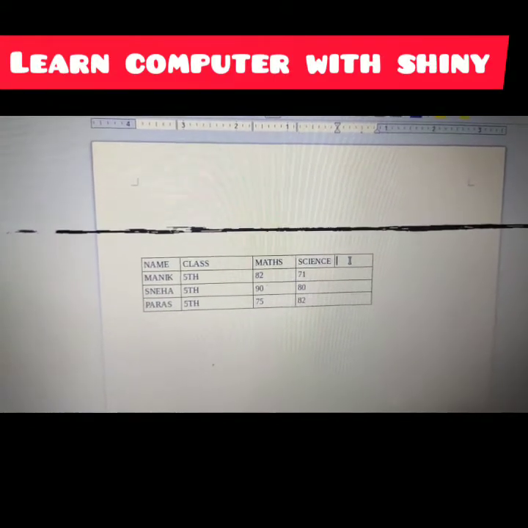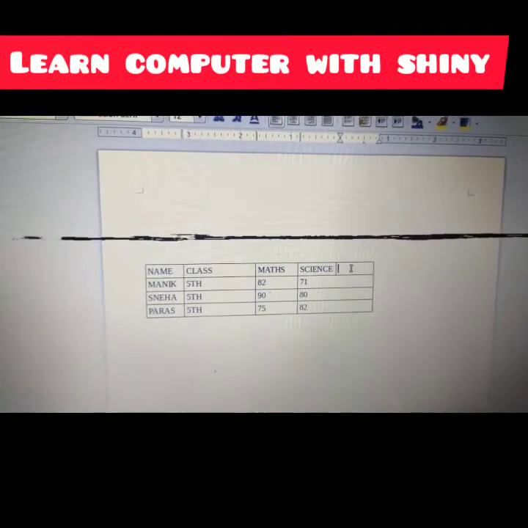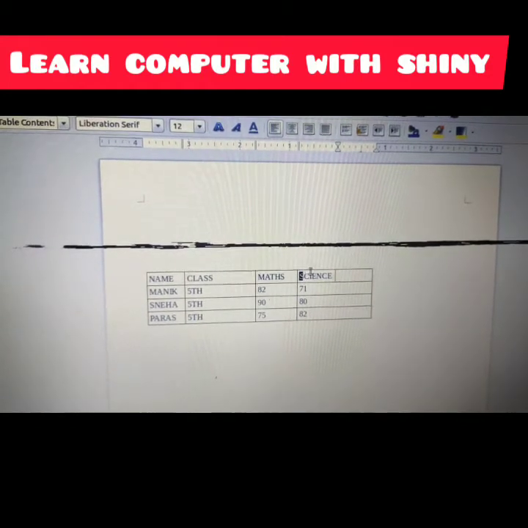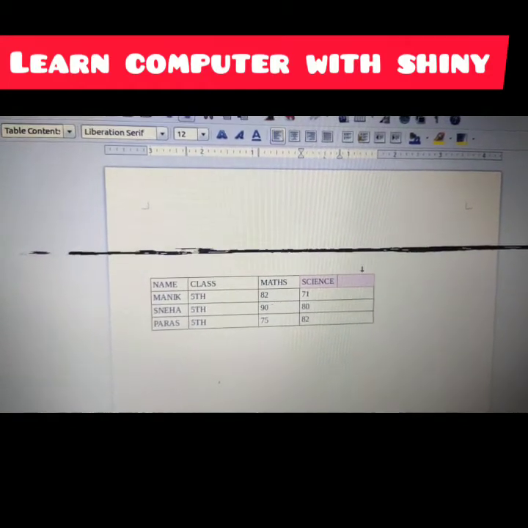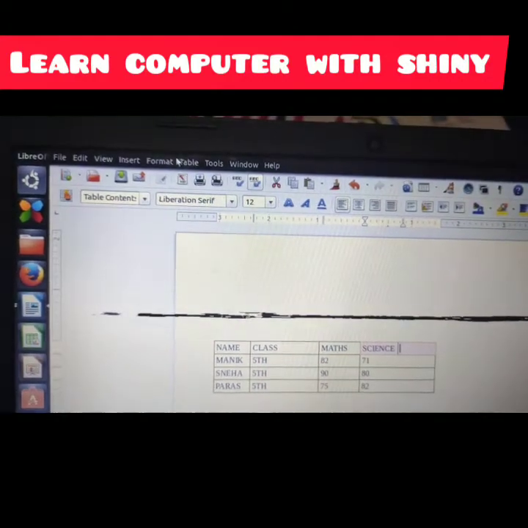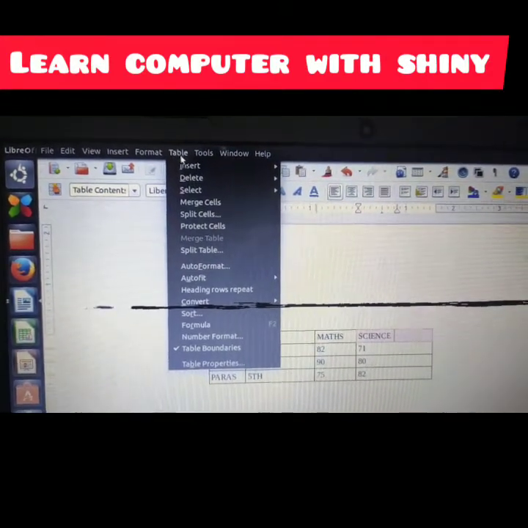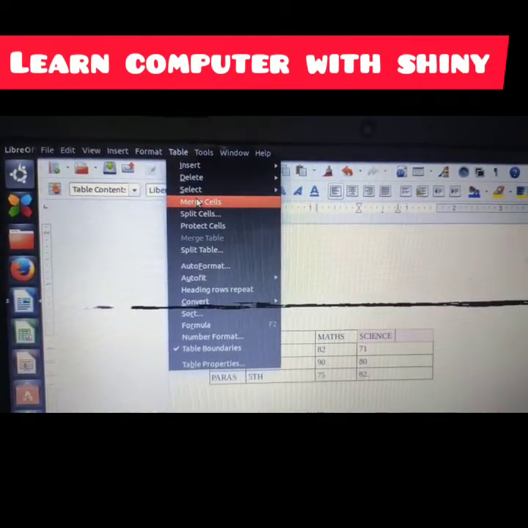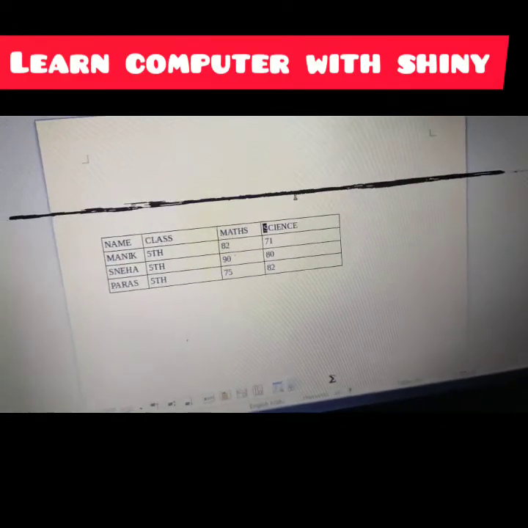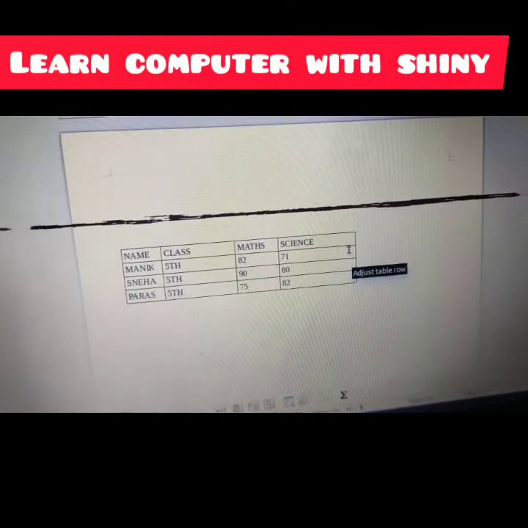Now let us take an example. We have cancelled the practical this year, okay. So again you want to merge this cell. What I'll do, again I will select it, both the cells I will select, and click on table again, table menu. From the menu bar, click on merge cell. Click here and see, two cells are merged, right?